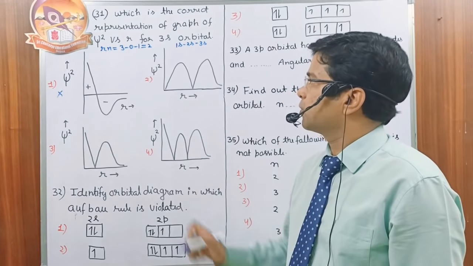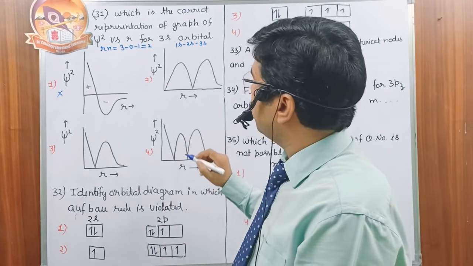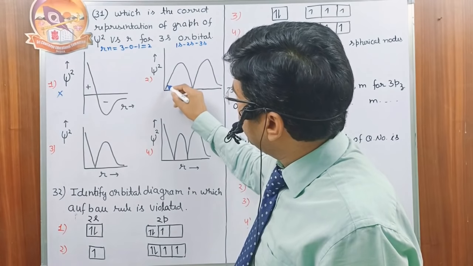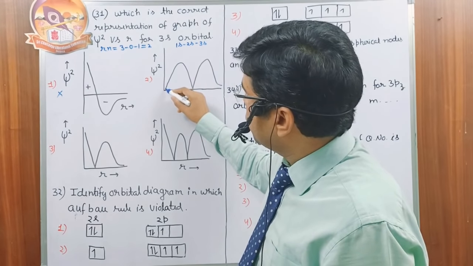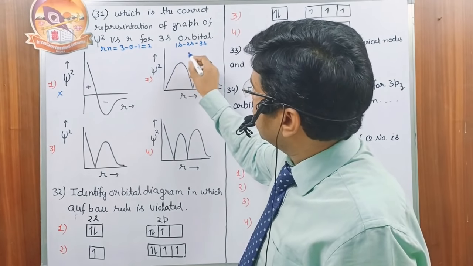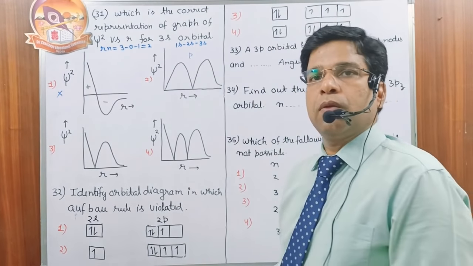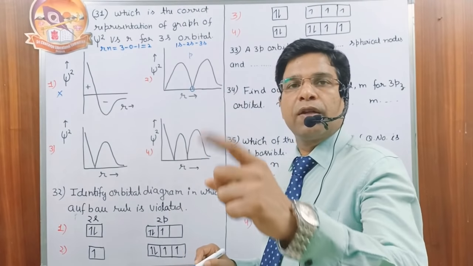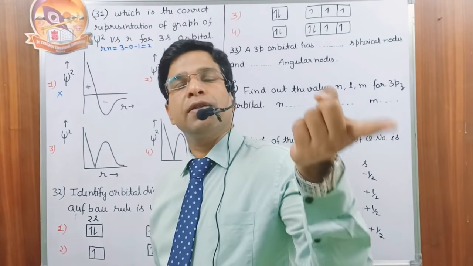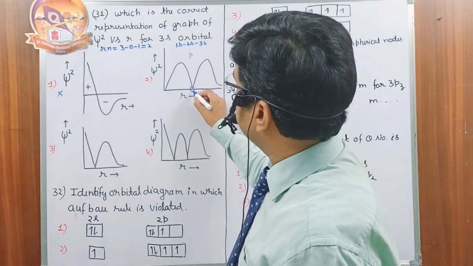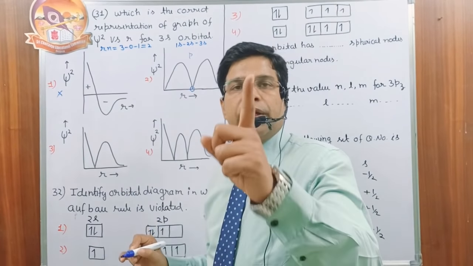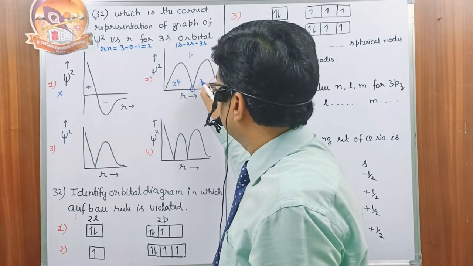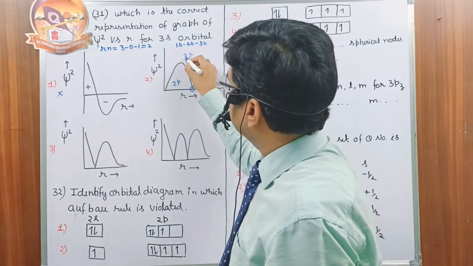Now you see the second option. Look, when the graph starts from lower to higher, those are the graphs of the p orbital. Okay, in this one, how many nodes do we have? One node only, because a node is the point where the probability of finding the electron is 0, meaning the psi square value has to be 0. How many times does this psi square become 0? Only one time. So it is only one node, and one node is present between the 2p and 3p. So it is the graph of the 3p.